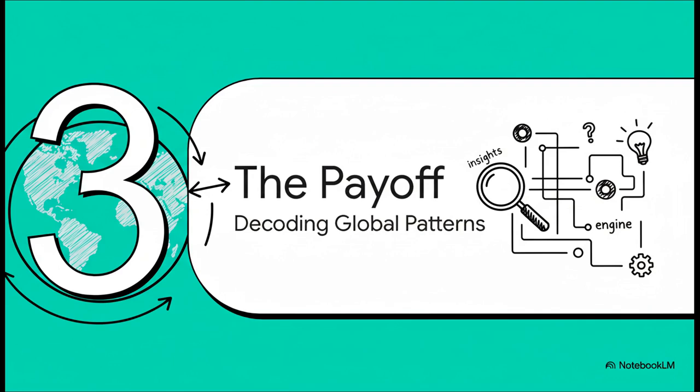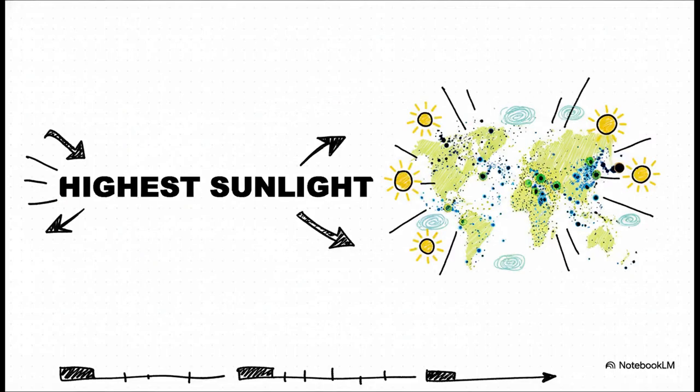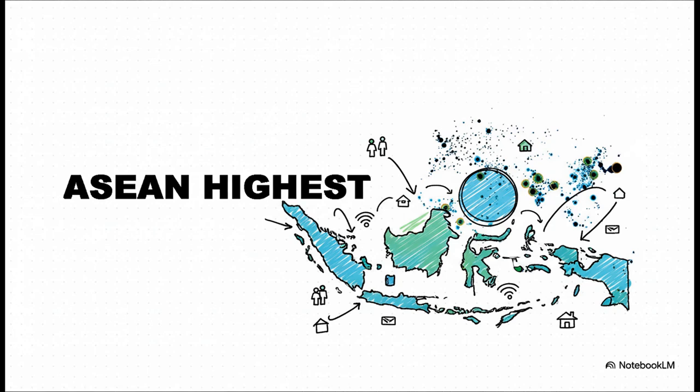Okay, so we've got the engine, we've got how you'd access it, but what's the point? What's the big payoff here? What can this thing actually do with all that data? Well, here's a fantastic example. Imagine it sifting through mountains of environmental data. It could pinpoint with incredible precision the exact spots on the planet that get the most sunlight. I mean, think about what that means for planning solar energy projects. That's a game changer.